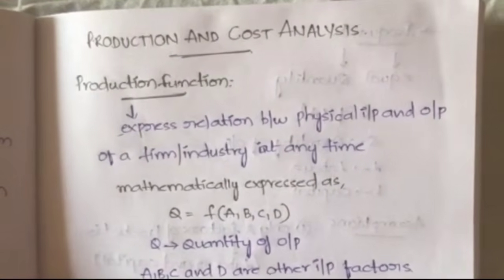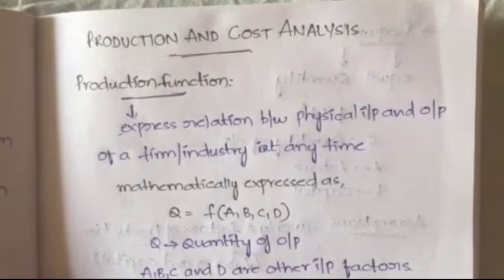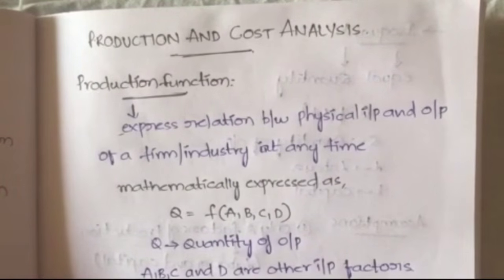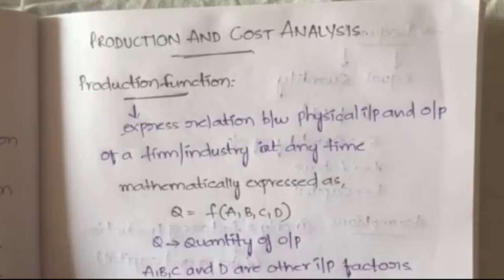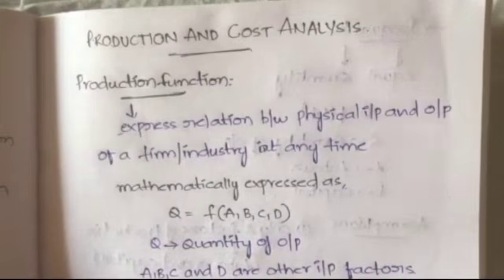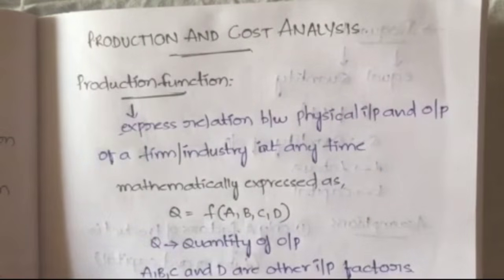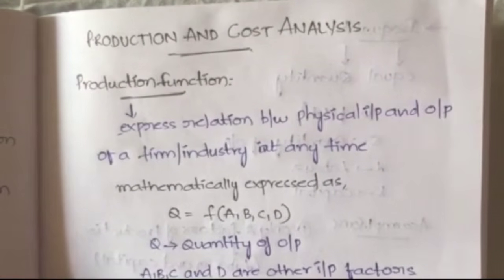Till now, whatever topics we have seen in the previous videos are completely related to demand, how we calculate the future demand or how we estimate the demand, what the input factors are and all those things. But here we are going to learn about production and cost analysis. Production and cost analysis is nothing but what is the amount of product that you're going to produce, what is the quantity of output that you're going to get, and what is the cost that you're going to incur for that. So that is what you're going to learn in this production and cost analysis.